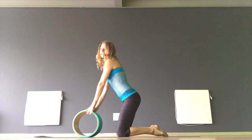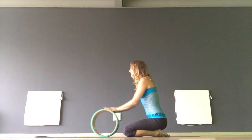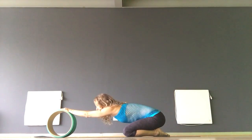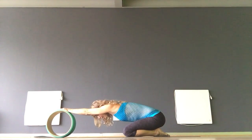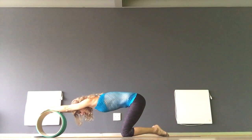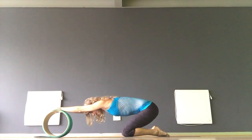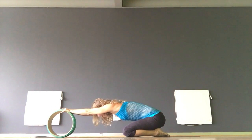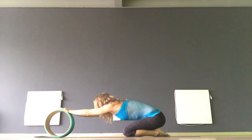You're going to start in child's pose. Bring your toes together, your knees apart, hands on the wheel, and slide the wheel away from you, sinking your heart down towards the floor, bringing your head at first in line with your arms. You might find that you can't get your seat all the way down. That's fine. Just sink down into the seat bones as much as you can as you push the wheel away